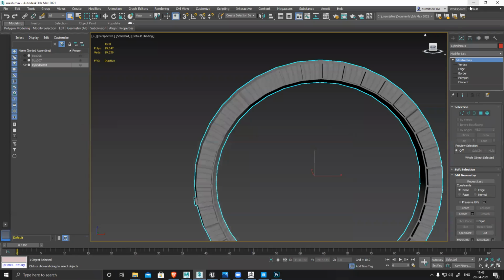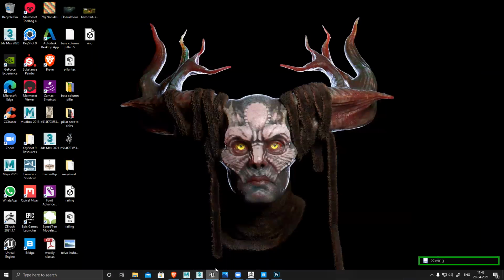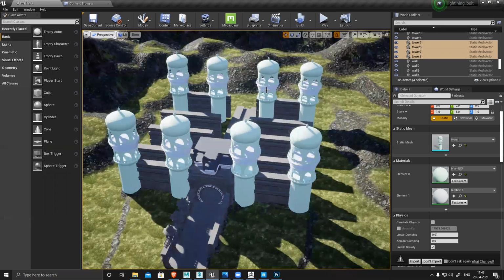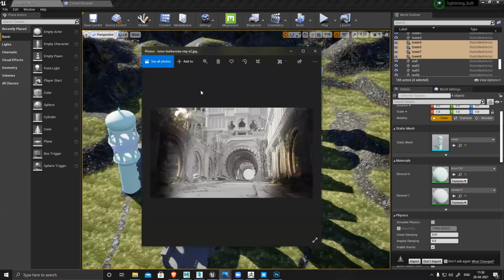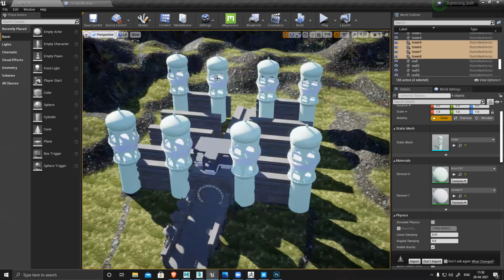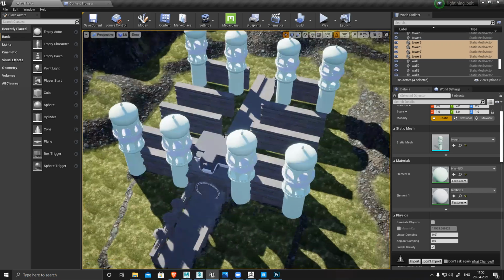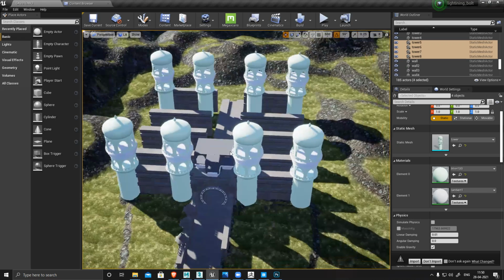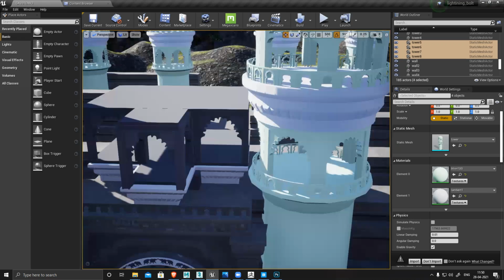So you can see, you can create the model, push everything into Unreal and start constructing your entire scene. I modified this because I cannot see this background. Just one single frame. Right, so I cannot see it. So anyways, I'm going to create this thing. All these domes and towers won't be visible, so I can keep it or I can delete it if I'm planning to create this thing. So I'll extend it so it will look a little nicer and a bigger set, and then add details.